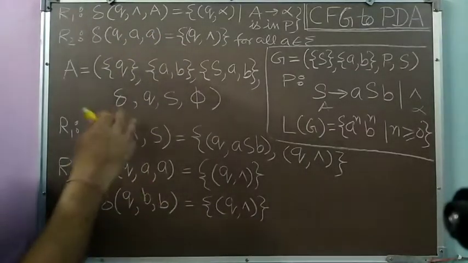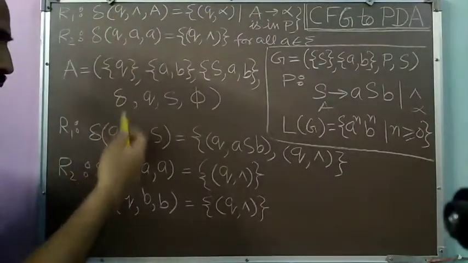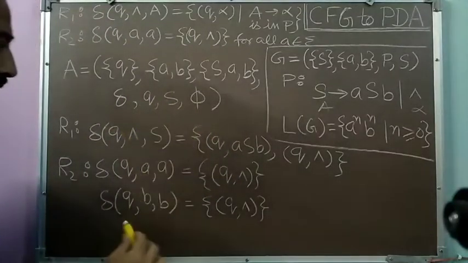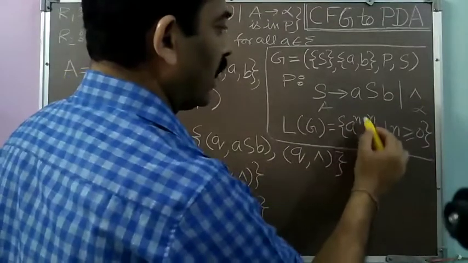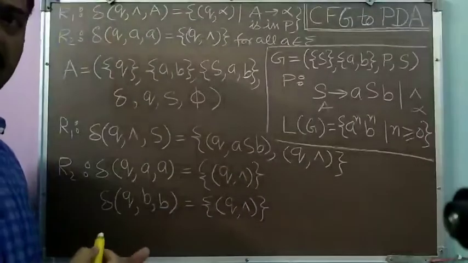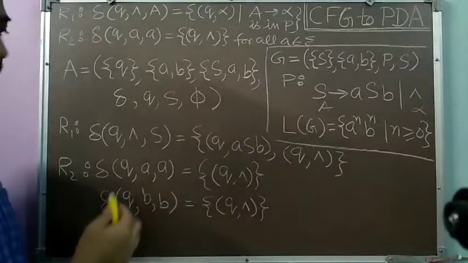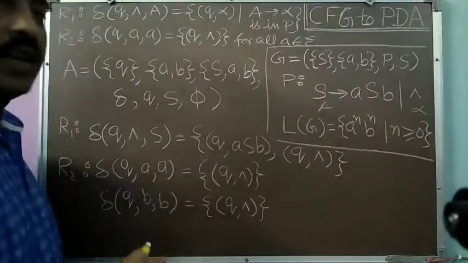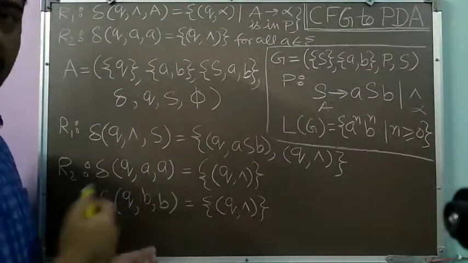So you have seen how simple it is to apply these two rules R1 and R2 to find the productions in my PDA. Now the question is, this PDA I have got, but this is not the PDA which I have actually designed for a to the power n b to the power n, n greater than or equal to 1. We have designed something else. Now whether the PDA which we have got by this conversion process is correct or not, let us see that. So now we'll take one input string and we'll try to find whether that input string can be generated through this or not.